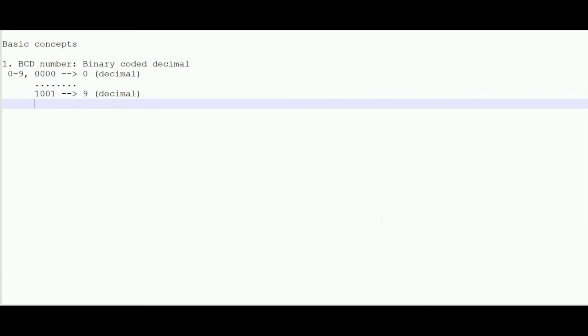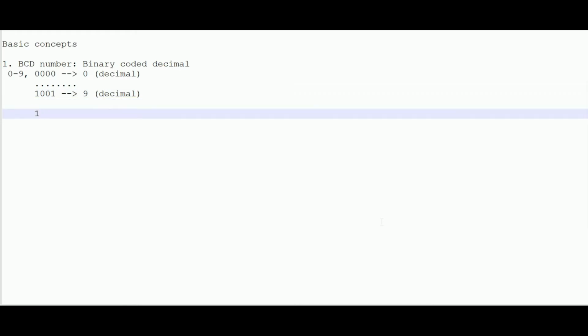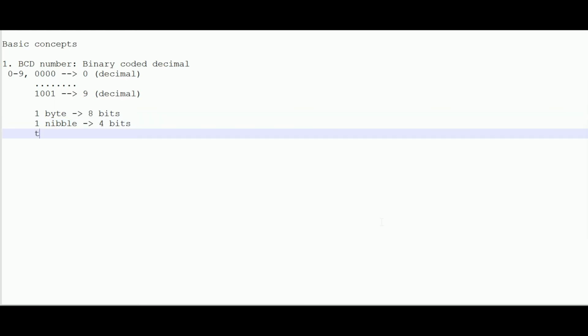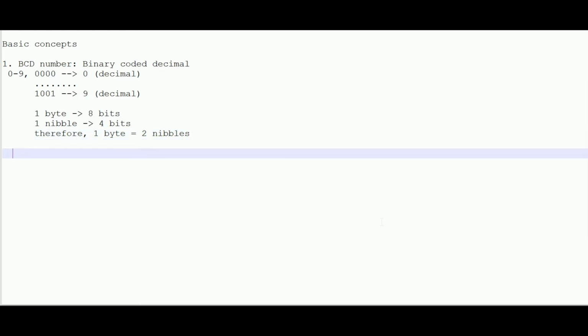You must be aware that 1 byte corresponds to 8 bits and 1 nibble corresponds to 4 bits. Therefore, 1 byte equals 2 nibbles. So this is the first basic concept which we should keep in mind, and the next is what is the